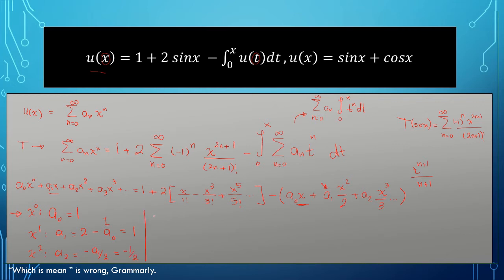Let's get the coefficients of x raised to 3. We have a3 equal to, we have here x raised to 3 minus 2 over 3 factorial, which is 1 over 3, and also we have here